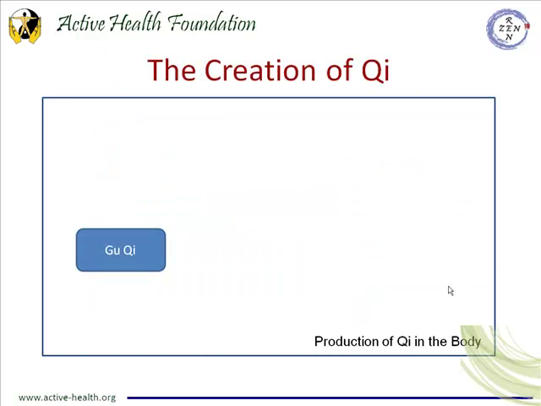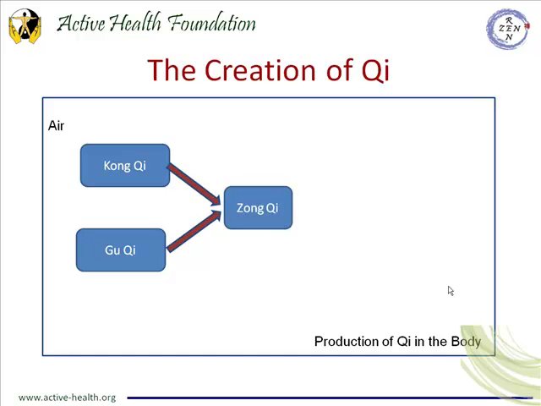We first of all ingest food, and this is transformed into Gu qi. Air is taken into the body, and this transforms into Kong qi. Both of these combine to form Zong qi. Another word for Zong qi would be gathering qi of the chest. Our ancestors then provide us with this yuan qi type of